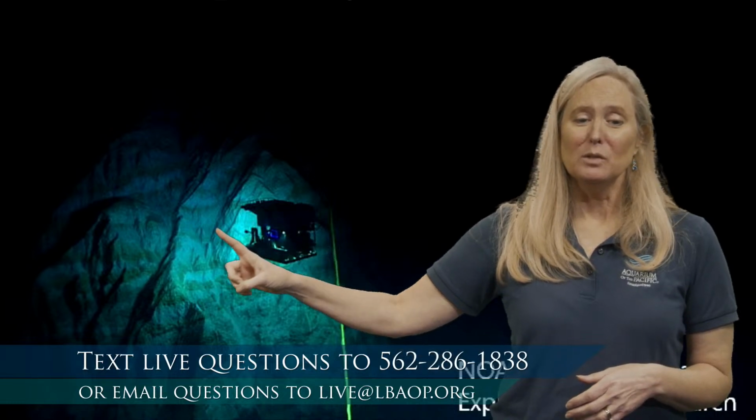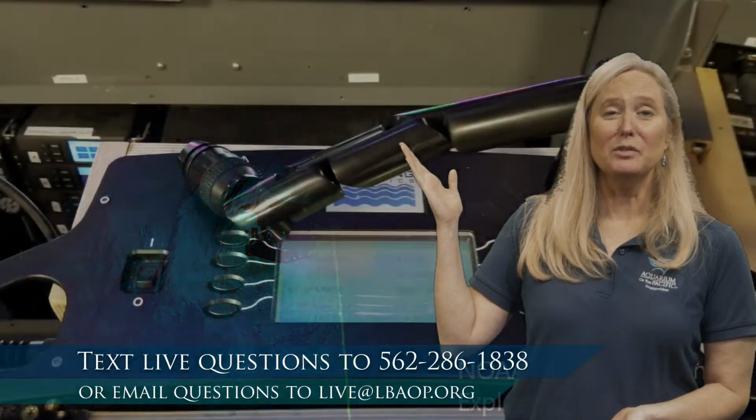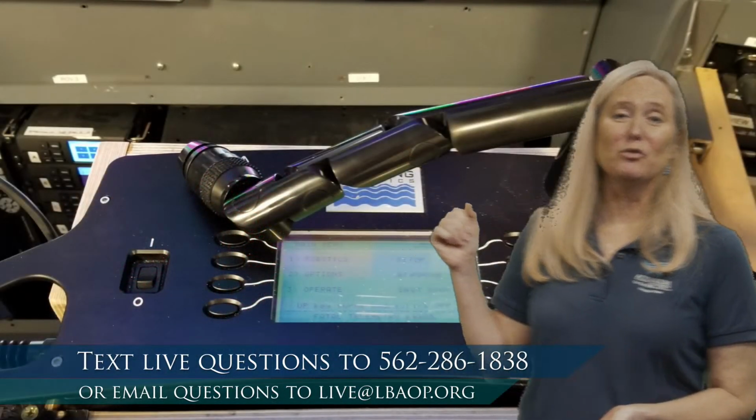it can get pictures. So see how it's lighting up that area? So it has a device on it that is lighting up the water and lighting up these animals that we can see that normally live in darkness. And then it's allowing the scientists who are operating this, usually by something like a joystick, some sort of operator, up on the surface, like up in a boat at the surface of the water. And they're able to control it using